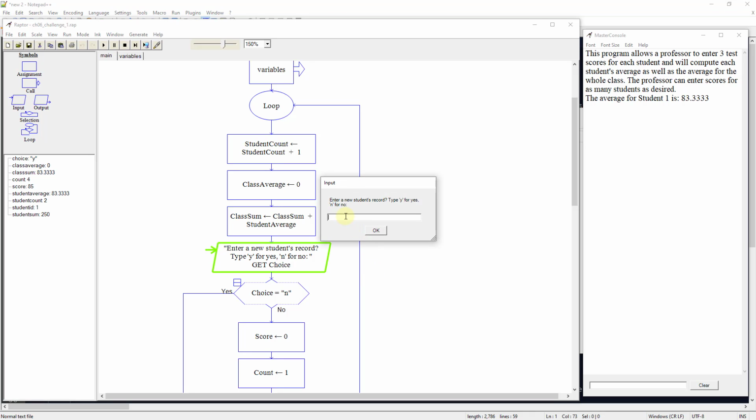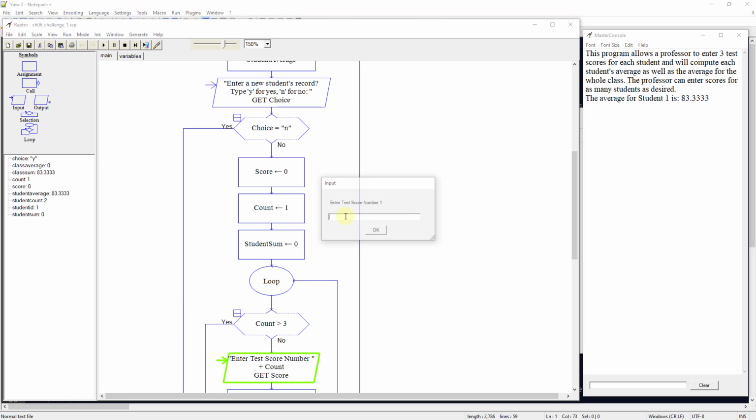And we want to enter another student record because I want to get at least 2 students in here. So we're going to do yes again. It's going to come down and it stopped to enter a test score, but I'm going to show you my student count. My student ID is back to 1. Student count is 2 though. Our average is still here, but this is going to change in just a second. And we're going to enter our first student score. So let's say a 95.